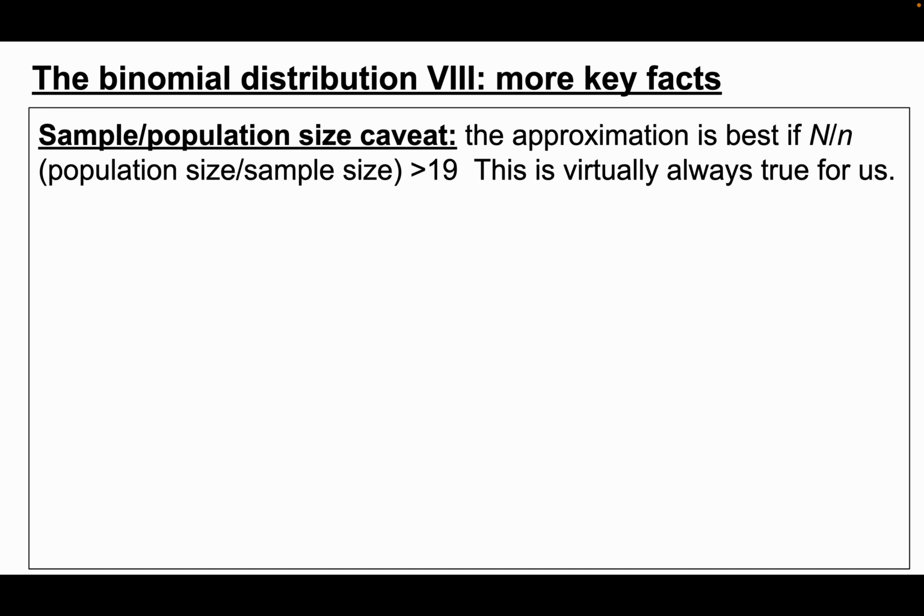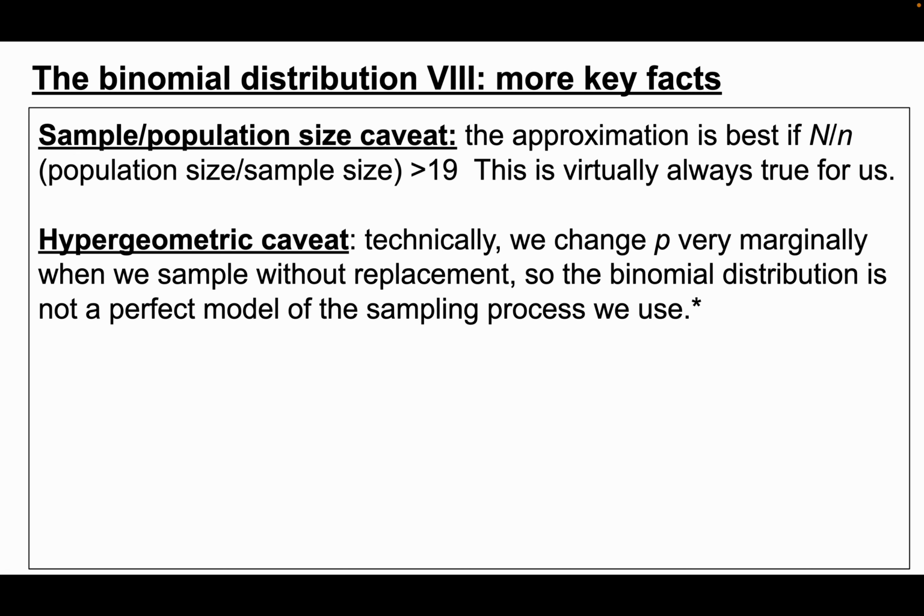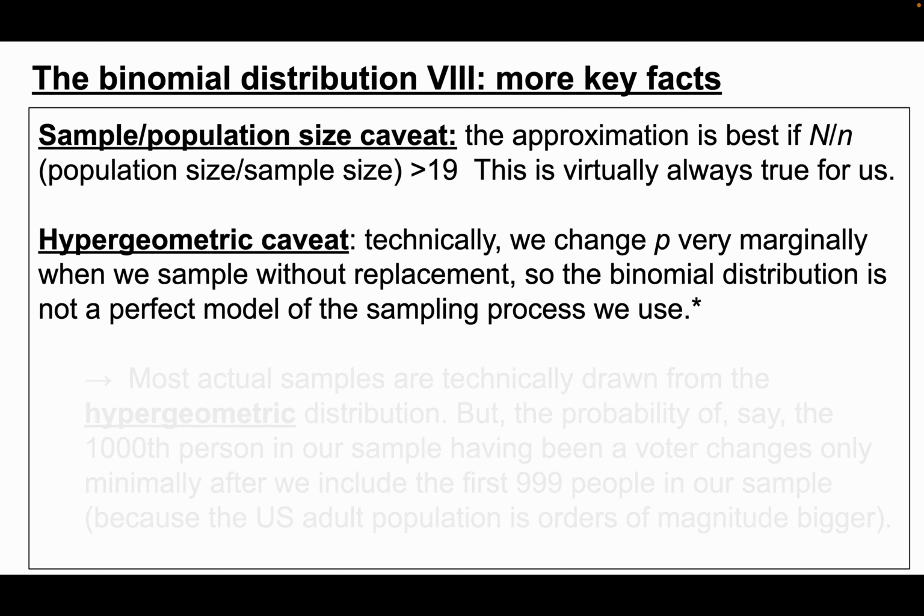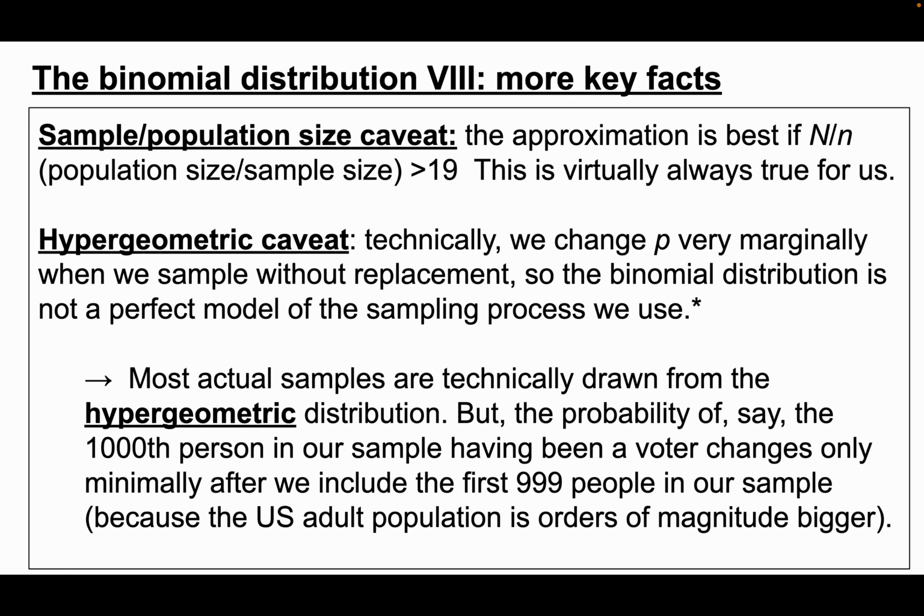Finally, the sample size population caveat. So this approximation is best if the relationship of the population size to the sample is pretty large. So the population should be much larger than the sample. The reason for that is basically the following. It's the hypergeometric caveat. Technically, we change little p very marginally when we sample without replacement. So in other words, the probability for each individual is not stable because it changes very, very minutely. So for instance, if you say you're taking a sample of 1,000 voters, the probability of the 1,000th person in